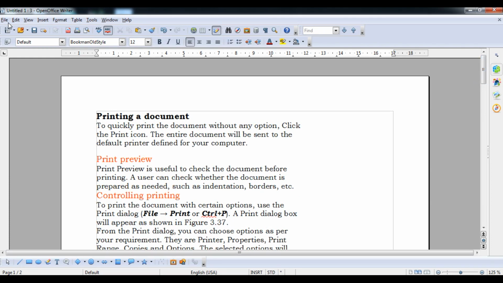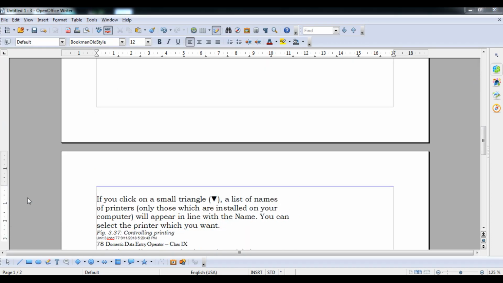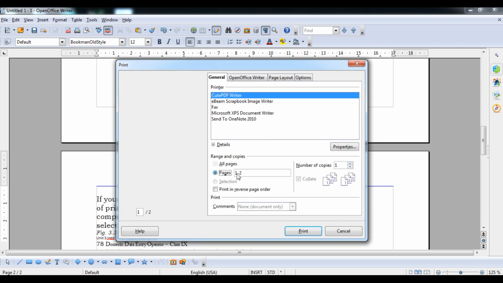Okay, so here we can consider there are two pages, page 1 and page 2. What I am going to do, student, is click on the File option, then click on the Print option, and inside that I will show you by default page 1 and page 2. If I want to print only page 1, you can see in print preview, student, only one page has come. Otherwise to print like this also, 1-2, it means from 1 to 2. Suppose there are a number of sheets or pages, you can directly provide here 1-4, which means from 1 to 4. By this option you can print all pages by selecting All Pages, or you have to know how many pages there are.